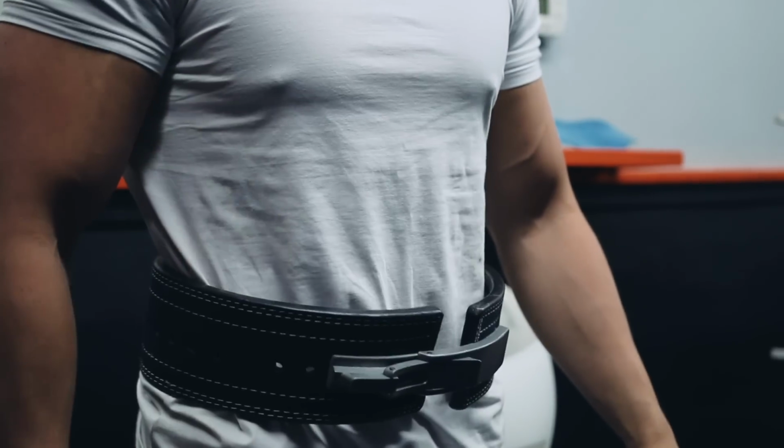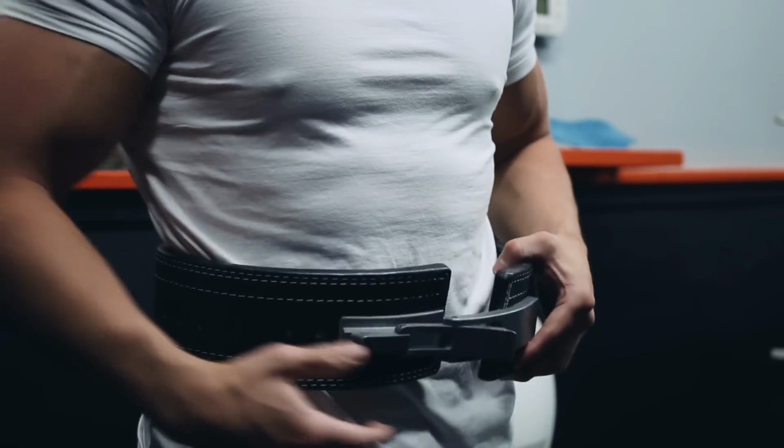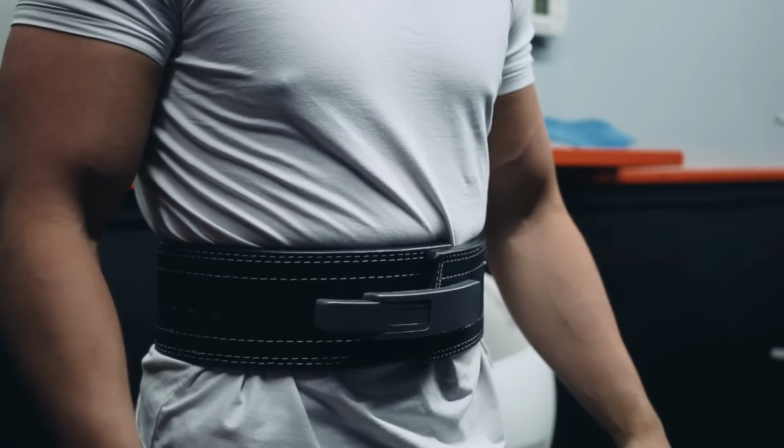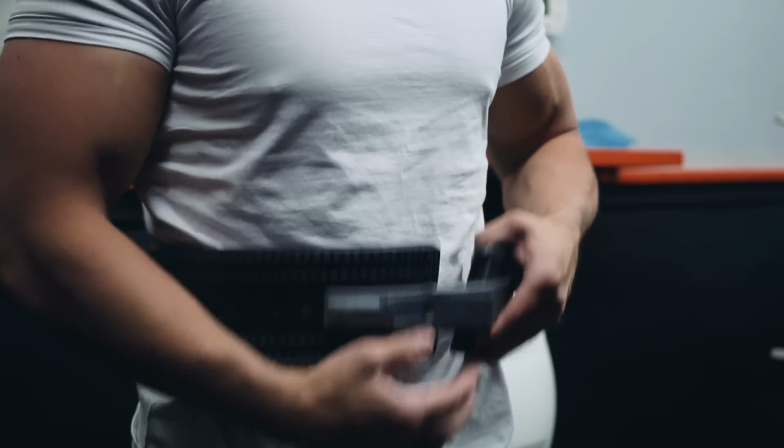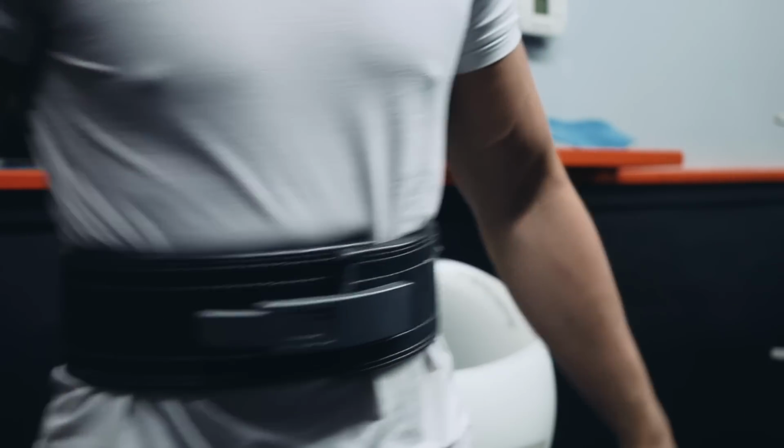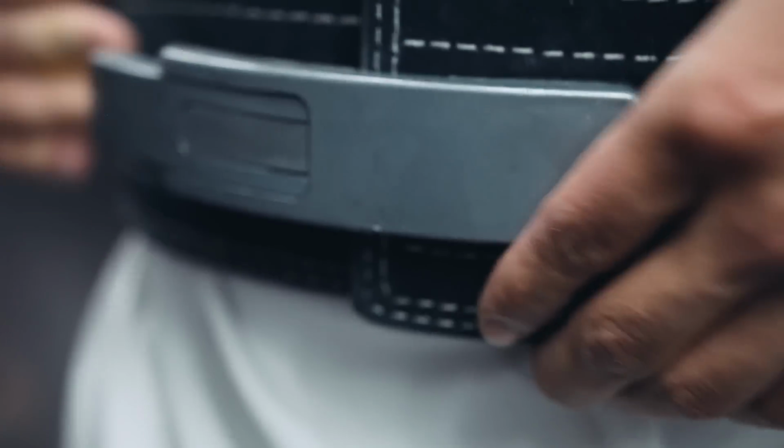Lever belts, they're amazing. I love them. They're my favorite style of belt. Traditionally you set your setting based on your waist size, and then from there all you have to do is latch and unlatch your belt to tighten it or loosen it. You want to tighten it up, you quickly just lock the latch, you're locked in, you're good to go. You're done with your set, you just flick that little latch,